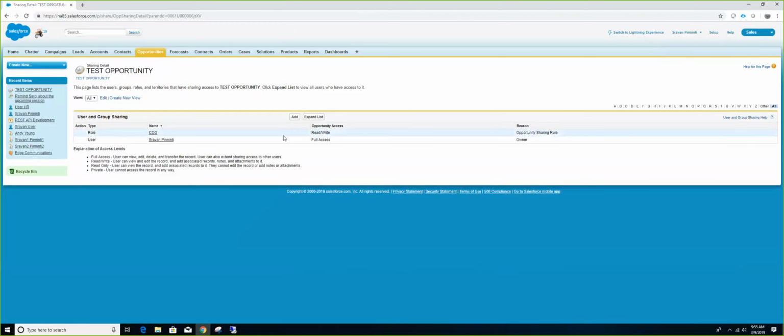Okay, if it is public read-write, we don't even have to care, because you will never be able to expose the sharing button, since everybody in the system will have access no matter what. But if it is private, you will be able to see the sharing button, or you can add it from the page layout, and when you click on it, you'll make sure you get